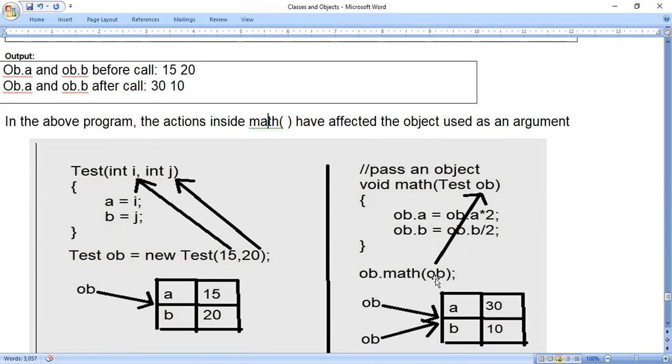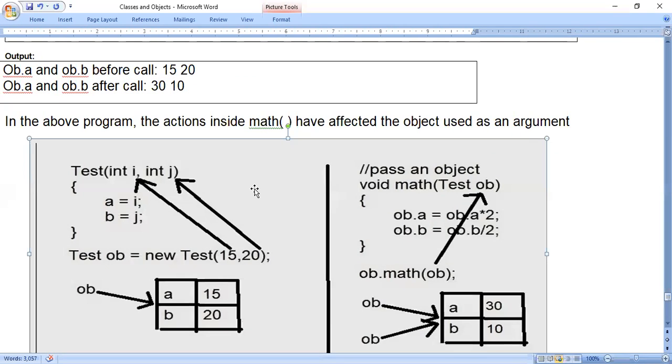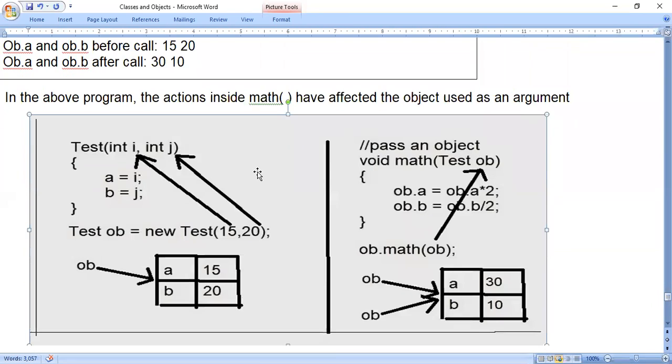That is used as an argument. So if you change that value, it will affect the original object also. After changing the value, we get the values 30 and 10. If you compare with the previous program, if you change the values in the method, it will not affect the actual arguments. You just look at this diagram and the program also. If you come across any doubts, you can ask.